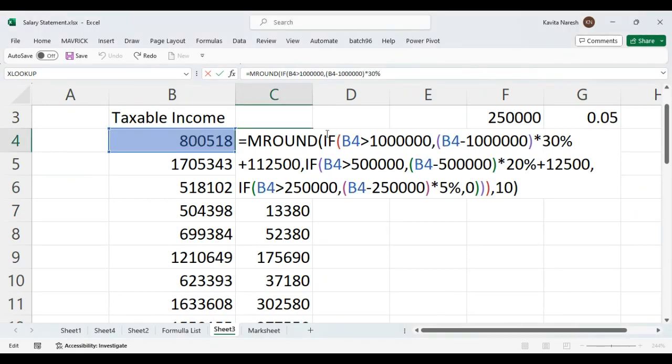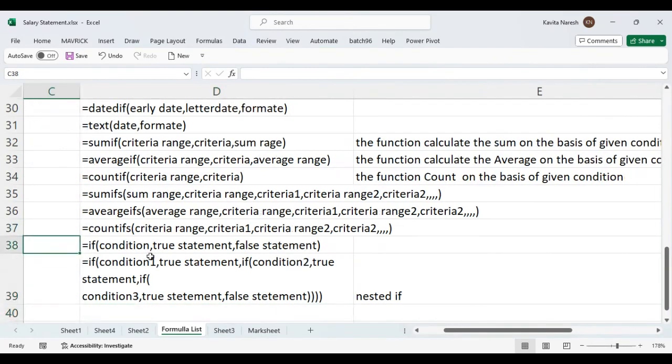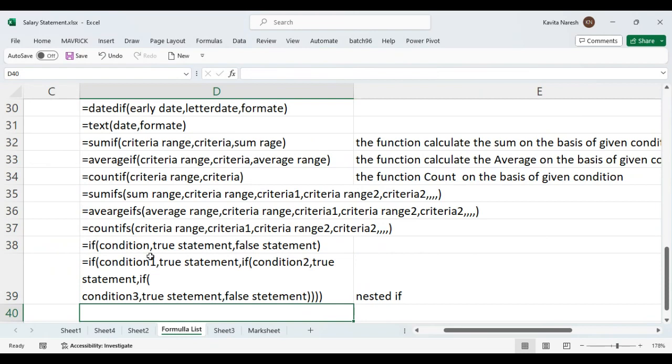Now this is the nested if. If and nested if we already learned. Now the next formula for today is AND. These are all logical category functions. The first is if, second is nested if, and then AND. Now what is AND? The AND function is also a logical category function. It always gives the result true or false, but it can check multiple conditions simultaneously. Condition 1, comma, condition 2, comma, condition 3, and so on. You can check n number of conditions, because